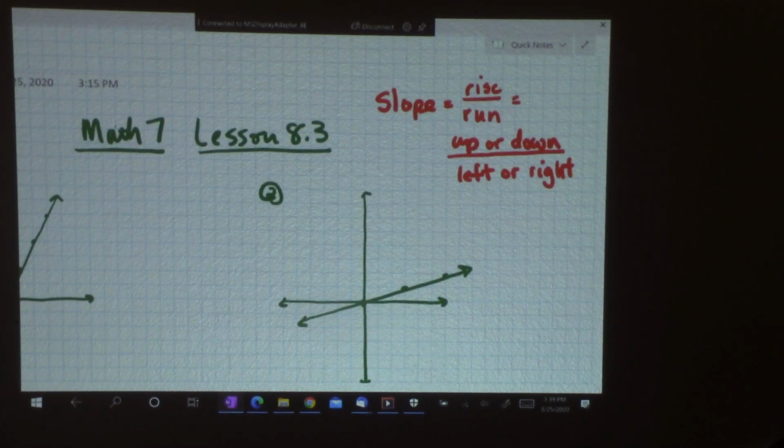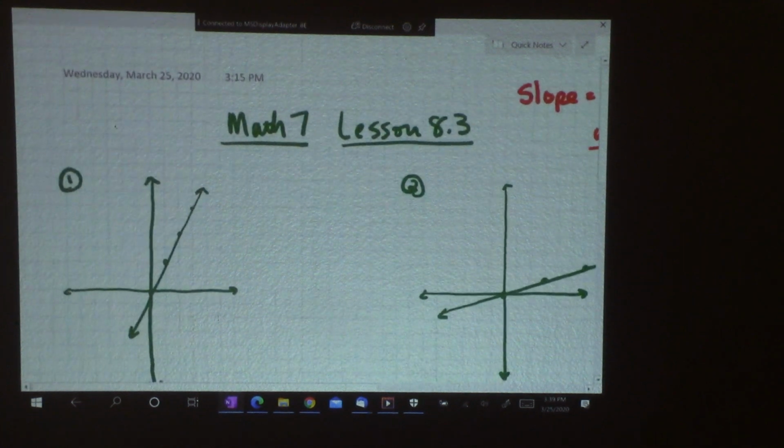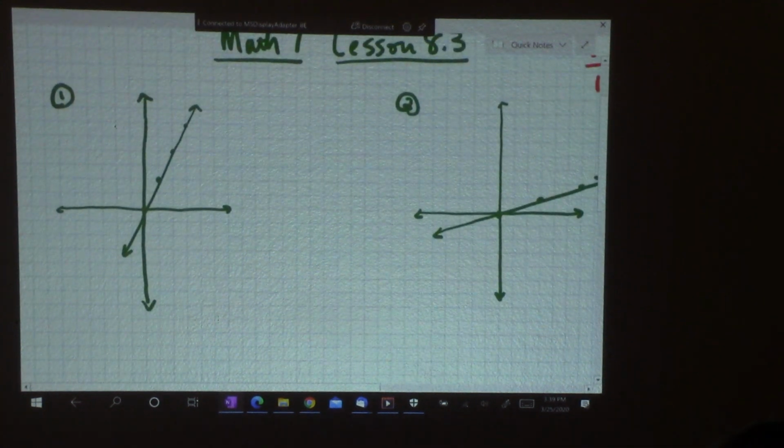Okay, so let's look at number 1. I have this written on here, and it's just like what's on your paper. There are some steps I'm going to write down for you. So I left a little space here. There isn't much space on your paper, but you can write small, or you can write these steps down in your notebook. So the first thing you're going to do, here's our steps,